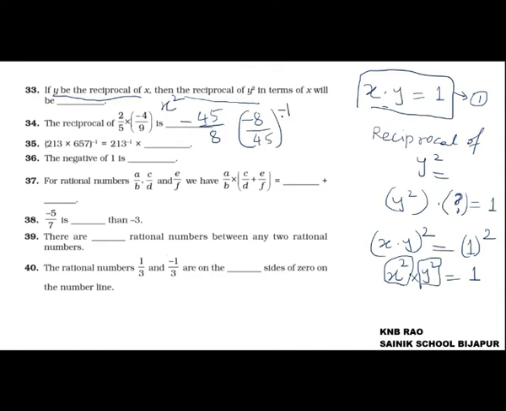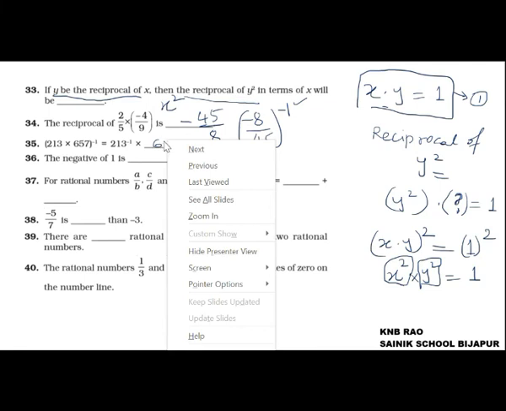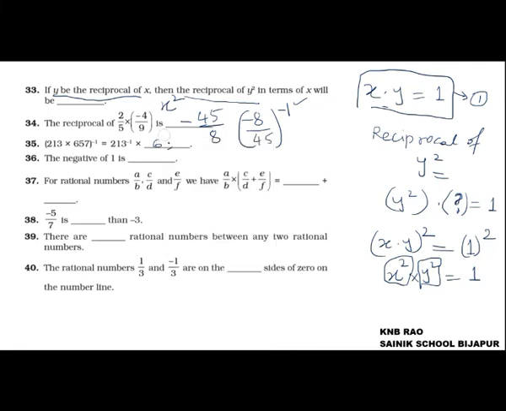Next, you know reciprocal can be shown as the whole to the power of minus 1. I have already taught you this while teaching reciprocal. You could observe here the same thing he has used, 2 1/3 into 7 whole to the power of minus 1. That means the reciprocal of the product is equal to the product of the reciprocals of the individuals. Here 657 whole to the power minus 1 is the right answer. See children, here I have used one concept which comes in exponents and powers.